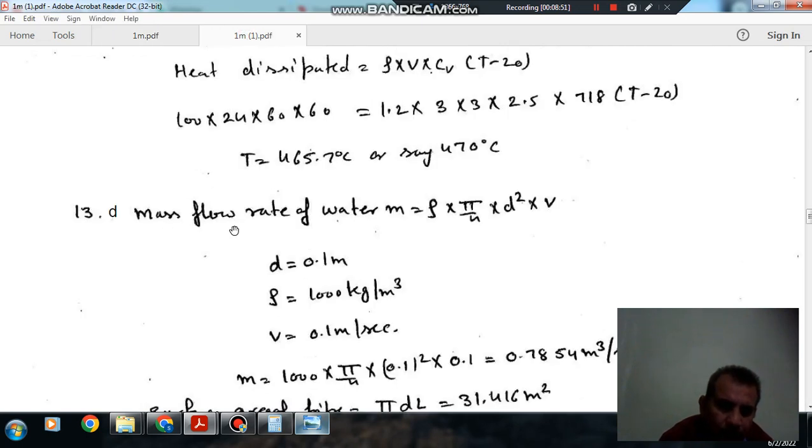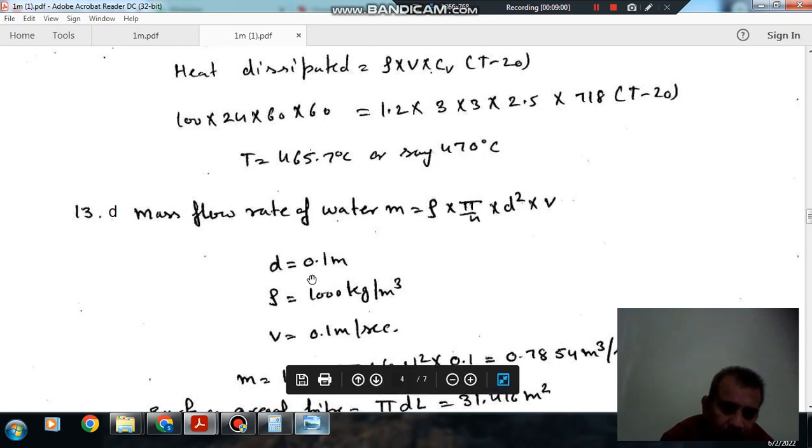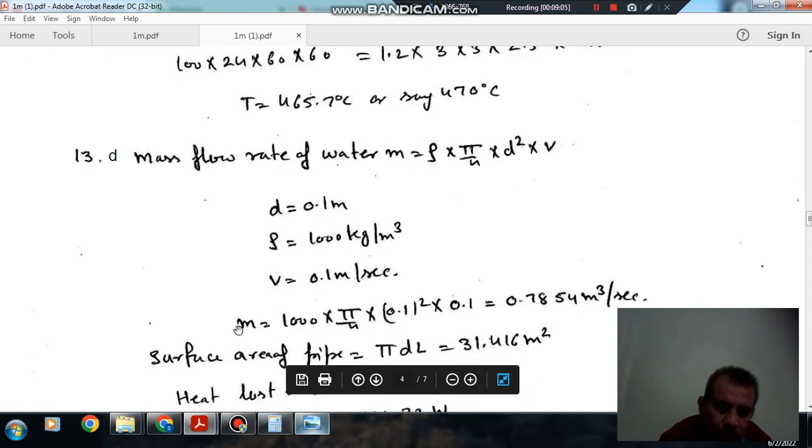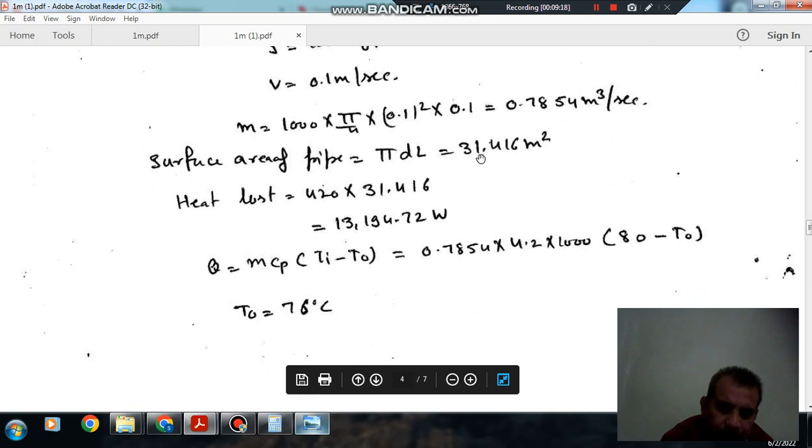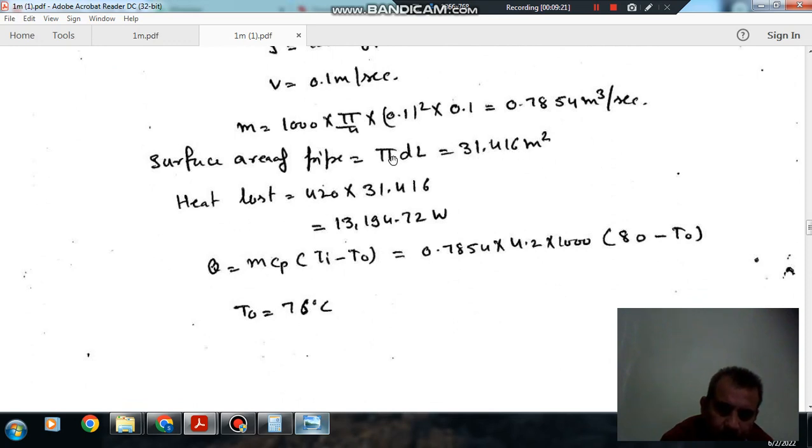So mass flow rate of water m is rho into area into velocity. Rho of water is 1000, diameter is 0.1 meter, and velocity is 0.1 meter per second. So mass is coming out as 0.78454 kilogram per second, and the surface area of the pipe, using pi d, is 31.416 meter square,